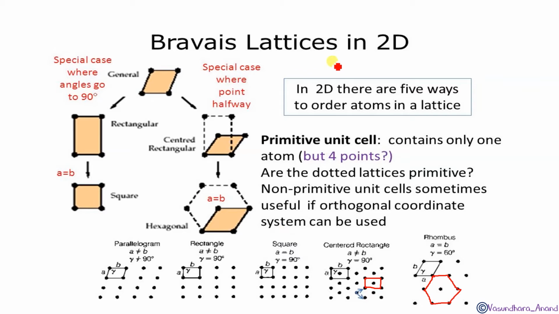Okay. So in 2D, there are 5 ways to order atoms in a lattice. This is the arrangement. What I have done is arrange one layer, and then the second one at a slight angle above like this, then the third. And in the rectangle, we kept going exactly above, but kept a little more distance. In this one, the length and width we kept equal. Got it? So like this. And in this case, we will keep one in between 2.